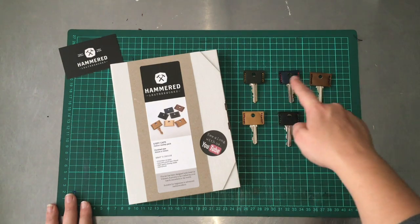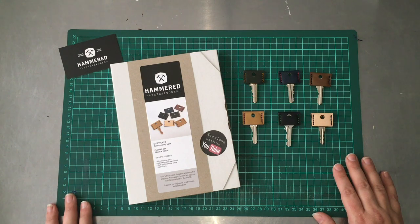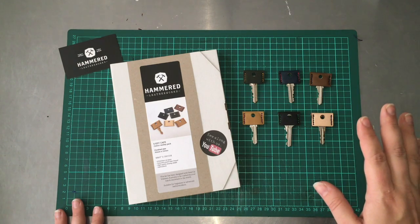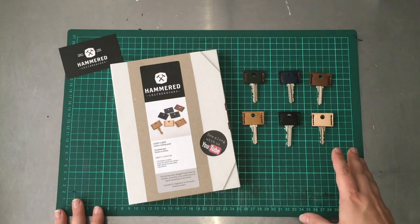the house front door key. We all have a variety of keys in our lives these days, and if you're anything like me, you go, oh my god, which one is for the boot of the car, and you're fumbling around trying a few different keys before you find the right one. So we created the range of keycaps where you get 6 different colours in the pack,